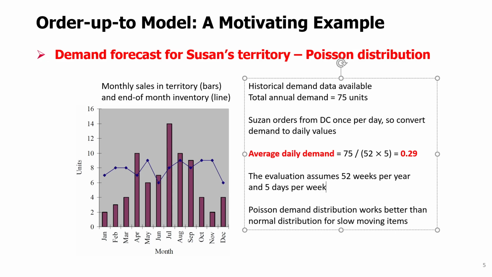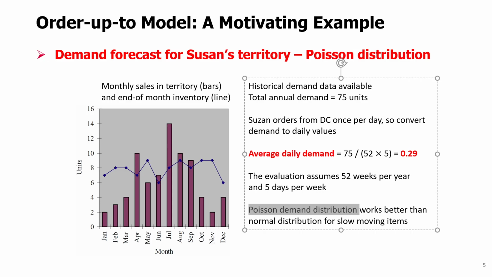For that, we need an assumption of how many days Susan works per year. We will assume there are 52 weeks per year when Susan works, and she works 5 days per week. She doesn't work the weekends. So her operating days will be 52 times 5. If you divide the annual demand by the number of days per year, you'll get daily demand. In this case, we just calculate the average daily demand, and we will not calculate the standard deviation